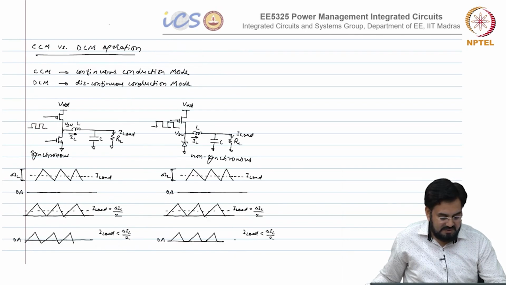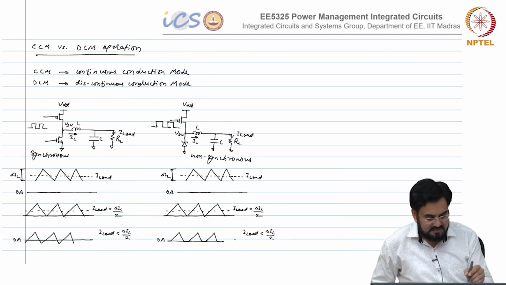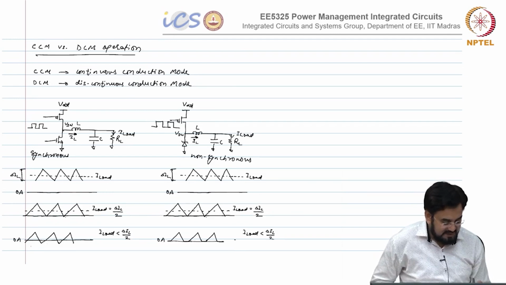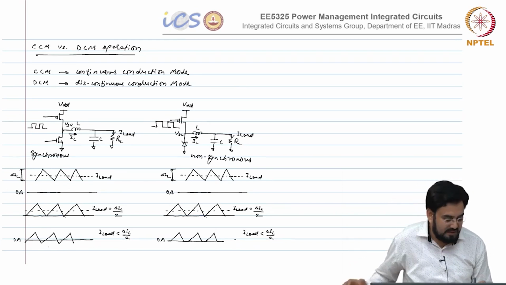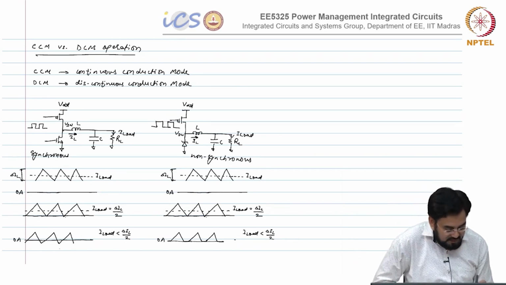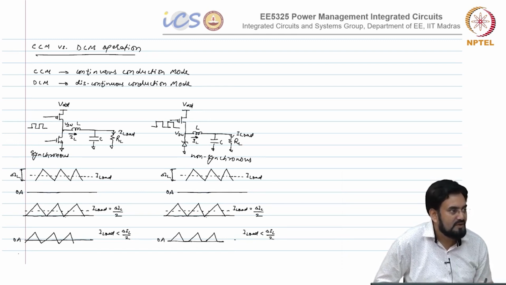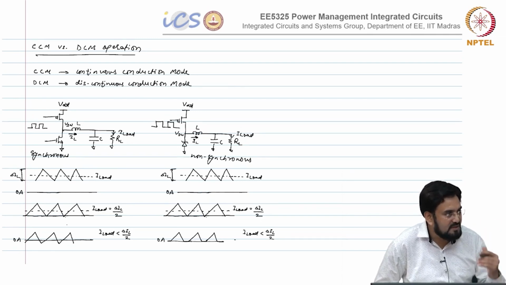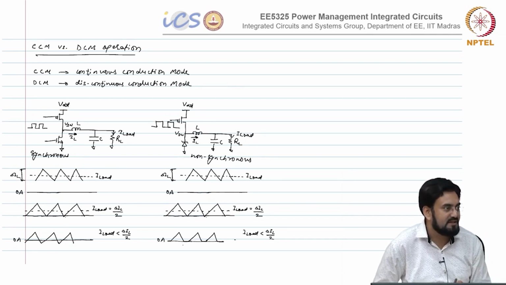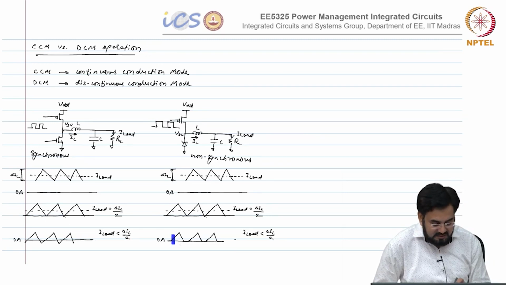If you keep the same duty cycle in these two cases, so in this case, let us say you have some duty cycle, hypothetically assume, let us say 50%. Okay. Now, you reduce the load current. So, where the extra load current is going here, if this goes below 0, it is going into ground, correct. So, you can shift this waveform up or down based on the load, but here you do not have that flexibility. So, for the same duty cycle,